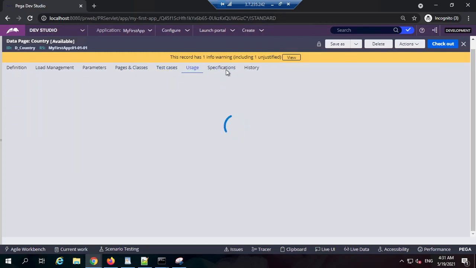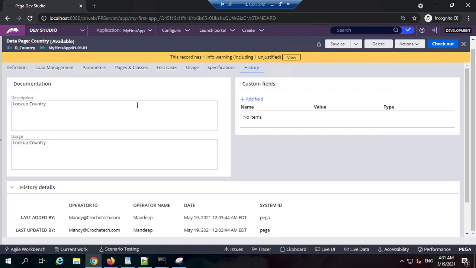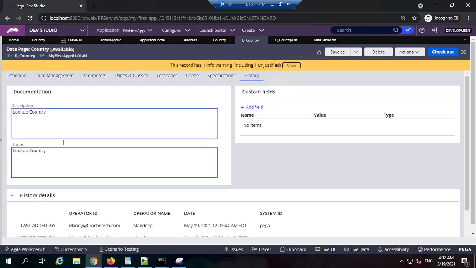Usage, skip for now. Specification, no need to go through here. History is basically what this rule is doing, what the description is and what the usage is. Description could be search for a country based on the country ID. Usage would be pass the parameter and get the data, something like that. It is descriptive, very developer-specific comments: what is the description of this rule and how it should be used?